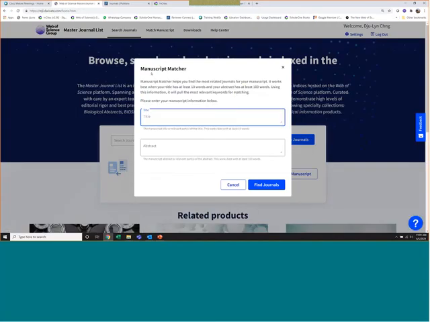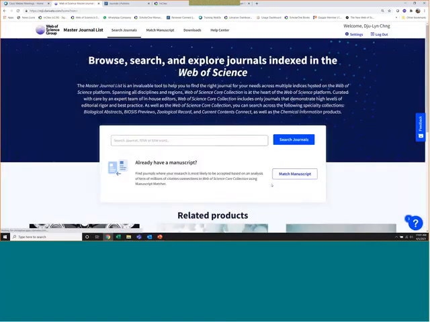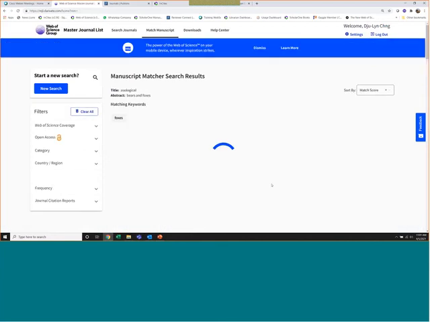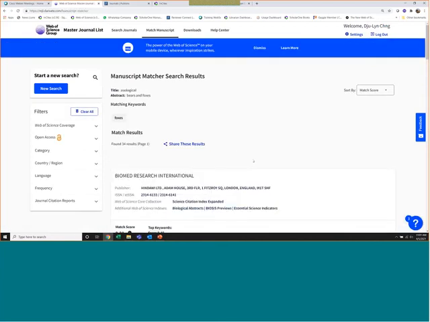So we have the manuscript matcher. You can put in your title of your manuscript, put in your abstract, and then it will try and find a journal for you. So I'm just going to type in something. And then that's fine. So I'm putting in rubbish just as an example.